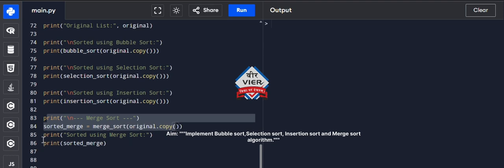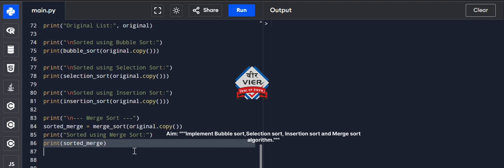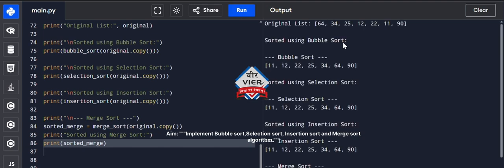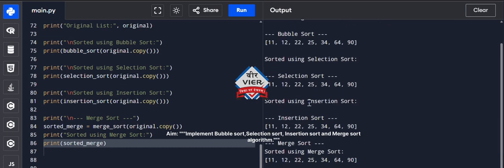Summary of efficiency. Algorithm, worst case complexity, logic, and best use case. Bubble: O(N^2), swapping adjacent pairs, simple educational examples. Selection: O(N^2), finds the minimum and swaps to the correct place, small lists where swaps are costly. Insertion: O(N^2), builds a sorted list one item at a time, lists that are nearly sorted. Merge: O(N log N), recursive divide and conquer, general purpose, highly efficient large data sorting.